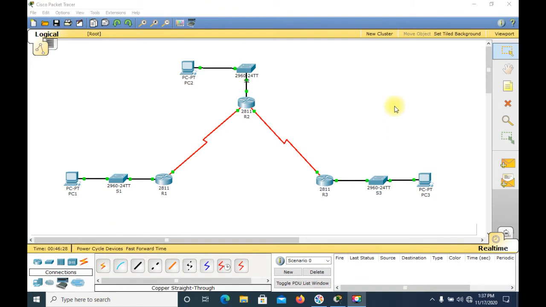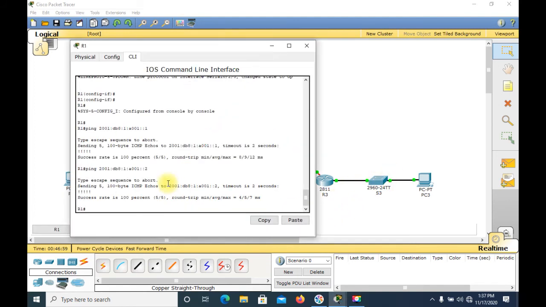The next step is to configure static routes on routers 1, 2, and 3. On router 1, we will have to configure a route to this network, to this network, and to this network. On router 3, we will have to configure a route to this network, to this network, and to this network. And on router 2, we're going to have to configure 2 routes, one to this network and one to this network. So we will go to router 1,